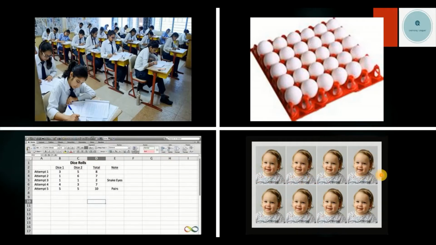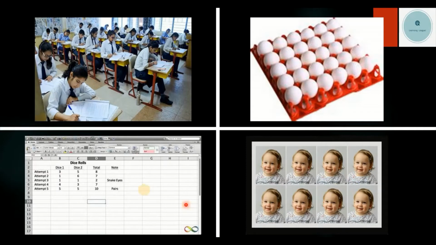So how many photos are there? Totally there are 8 photos. So how have these 8 photos been arranged? 4 photos on the first row, the remaining 4 photos in the second row. So again this is in the fashion of 2 rows, 4 columns.